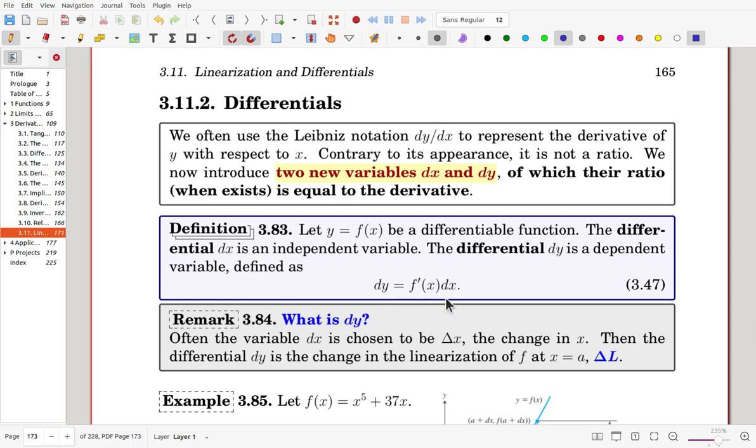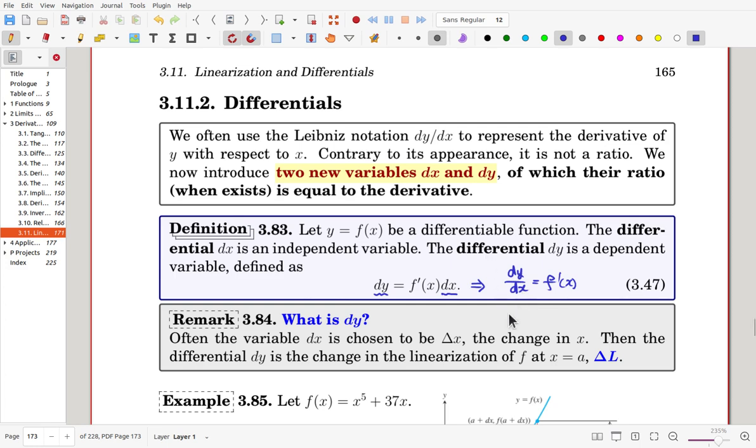That means once dx is given, dy is the multiple of f prime of x and dx. So at this moment dy and dx are just quantities, and from this we can write dy over dx equals f prime at x. Now this is the ratio,